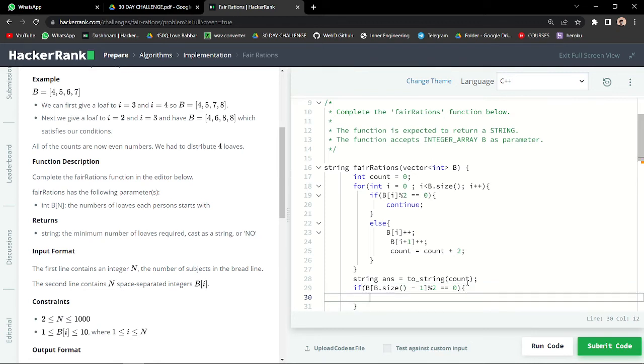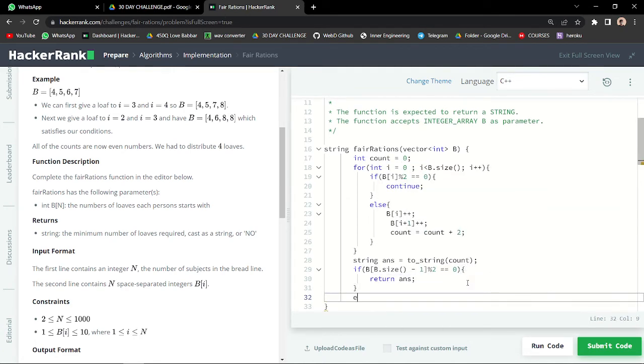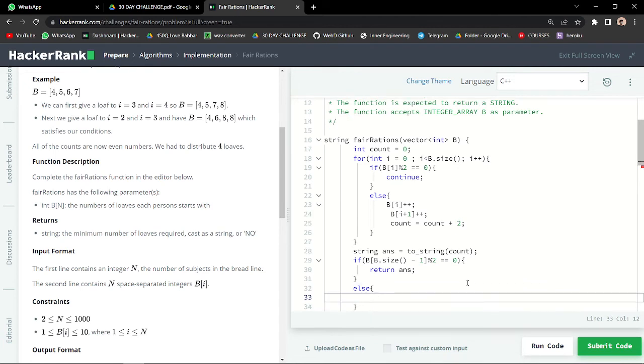If it is even, we will be simply returning count, so return answer. If it is odd, it means we have distributed the possible number of breads, but it is not becoming even, so we will be returning no. Simply return no, that's it.